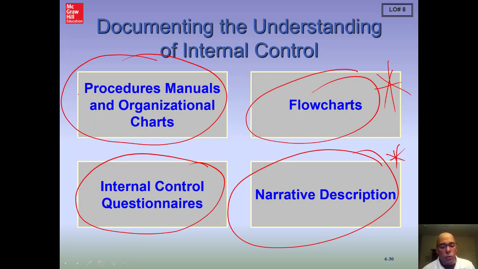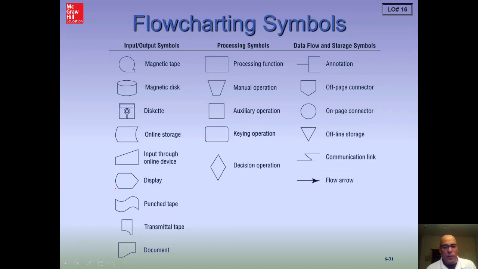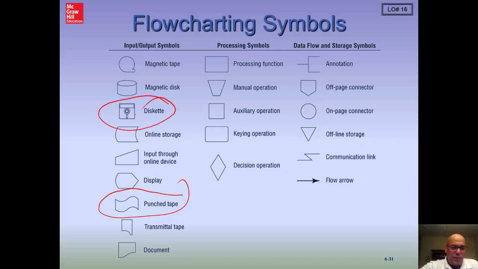And I think you've seen these flowcharting symbols, although some of these are getting a little, I guess if we're dealing with the federal government, they may still be using punch tape. I don't know. I read somewhere that the federal government is still using the 5 3/8 or 7 3/8 size discs in some cases. So a lot of these are sort of obsolete. But you can see some of the typical flowcharting symbols that we would use to document our understanding.